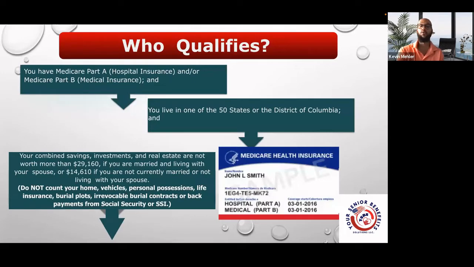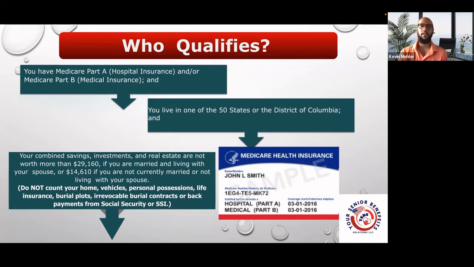Okay. Now, who qualifies? That's a really good question, right? And that's why we have income-specific brackets. They just came out with a new one. So the numbers went up just a little bit, but in general, it's very similar here. Basically, you have to have Medicare Part A and Part B in order to qualify and live within one of the 50 states or the District of Columbia. And then last but not least, since it is an income and asset-based program, your combined savings, investment, and real estate